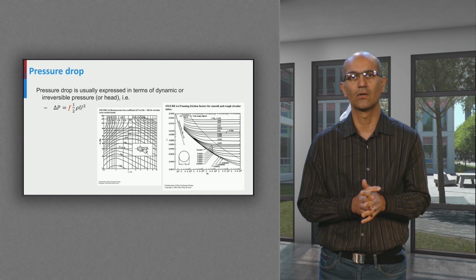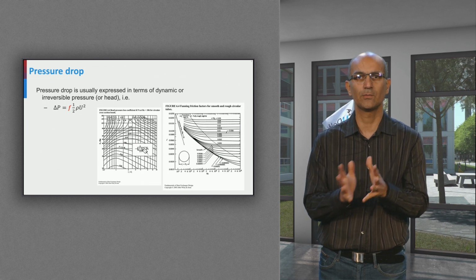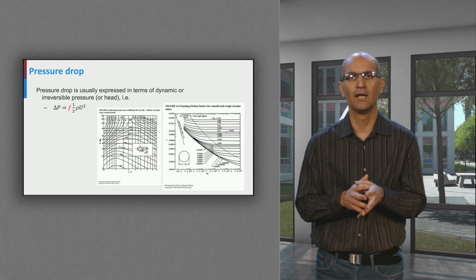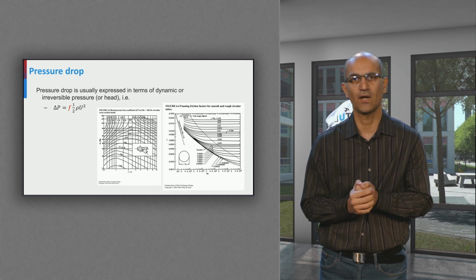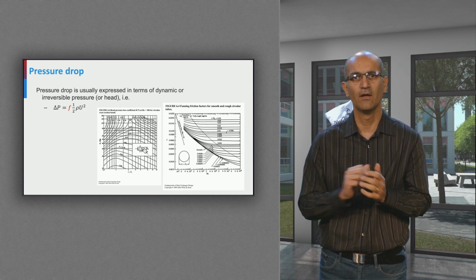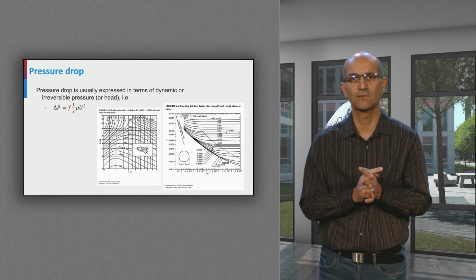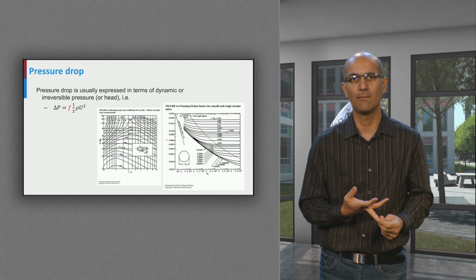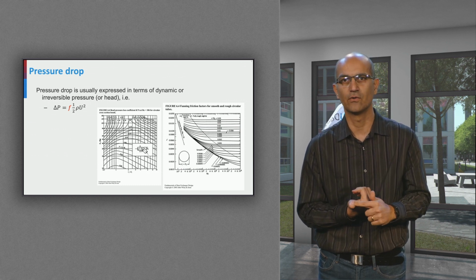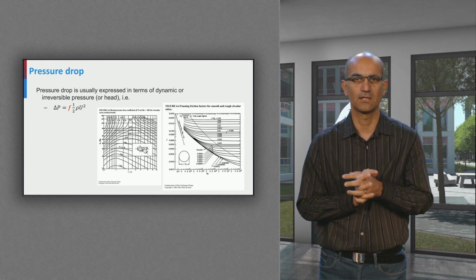One way is to rely on graphs which relate the irreversible dynamic pressure to the actual pressure drop through a friction factor, F or K. The graph to the right, for example, shows the friction factor, F, for flow in a pipe versus Reynolds number on the x-axis and F on the y-axis for different flow conditions, whether the flow is transitional, turbulent, or laminar, and the pipe is rough or smooth. For different roughness heights, we could have the friction factor.